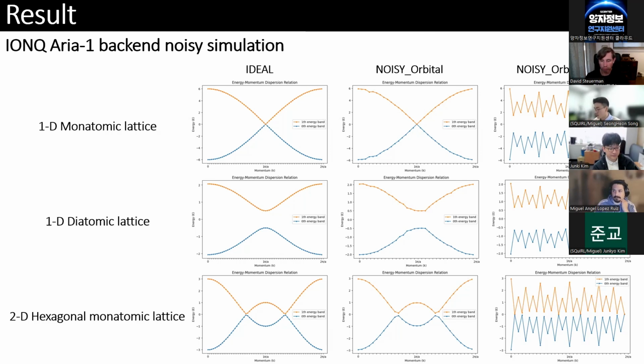There may be 10 controlled RZ gates. Yeah, we use 10 controlled RZ gates for the QFT for 5 qubits. And that means 20 CNOT gates